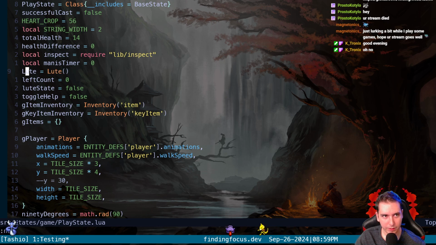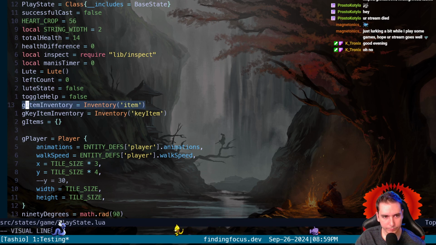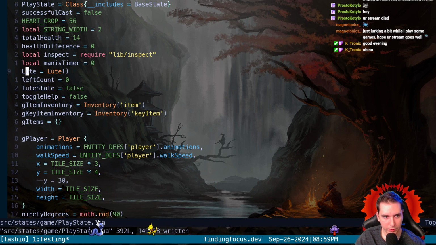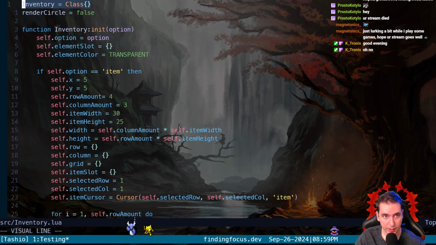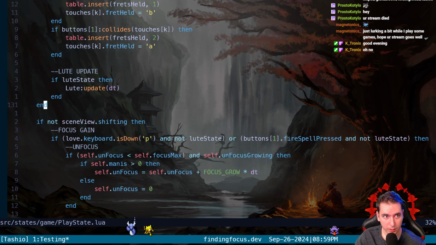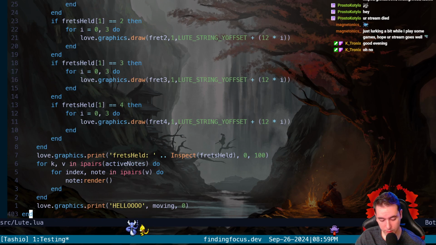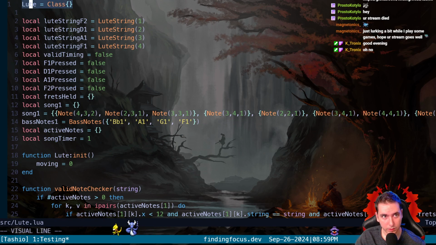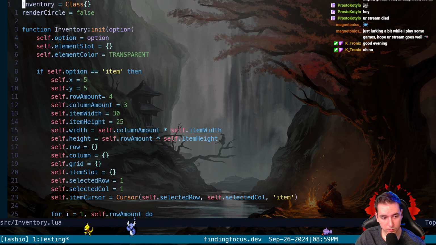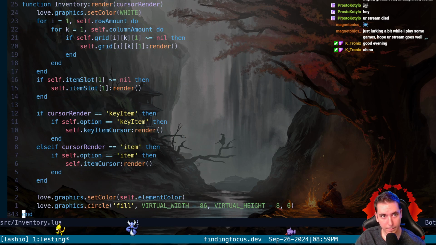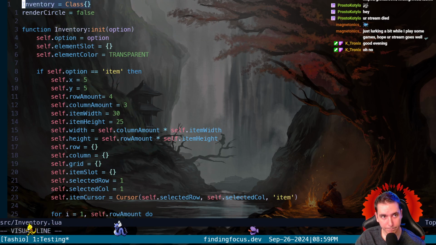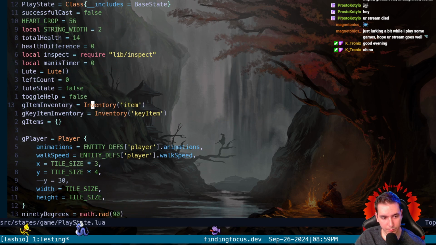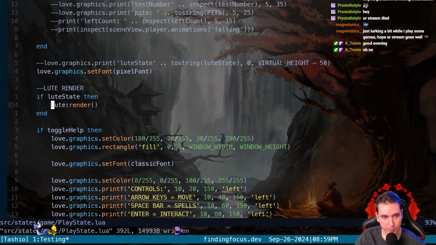It shouldn't matter. All our other classes are the same way, where we just assign a variable into it. If we look at our inventory class, it says inventory gets class, just like our Lute class gets class curly brace. So for some reason our Lute class is just not updating over time.